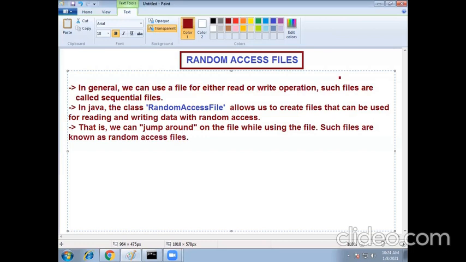That means we can move from the beginning of the file to the middle of the file, and the middle of the file to the end of the file, and again from the end back to the beginning. Like that we can skip from one place to another, and at the same time we can open a file for both purposes, reading as well as writing.